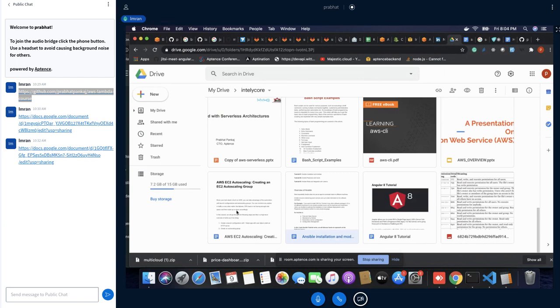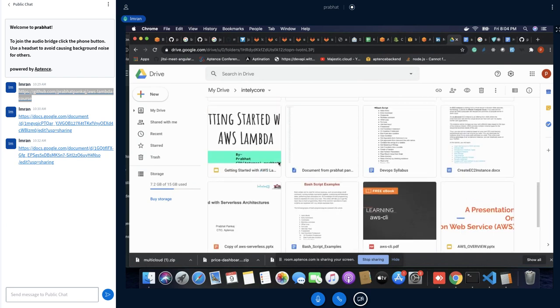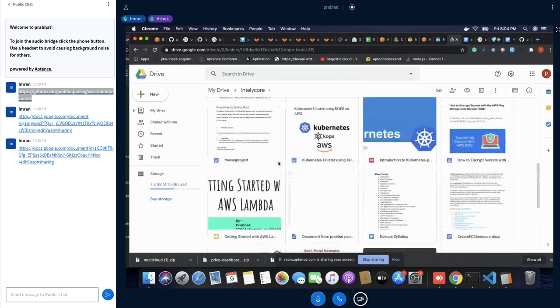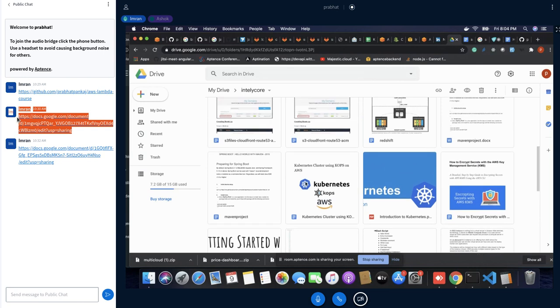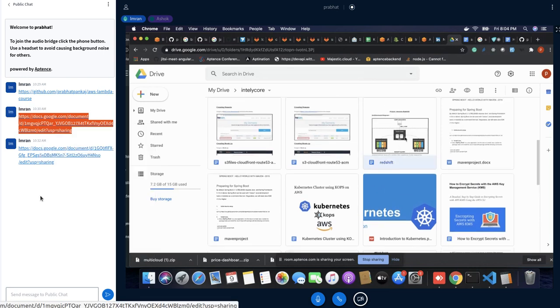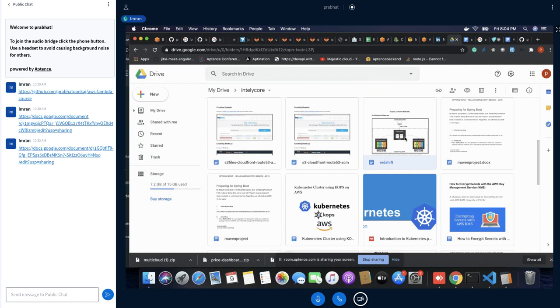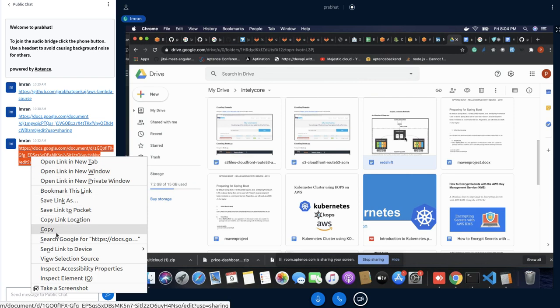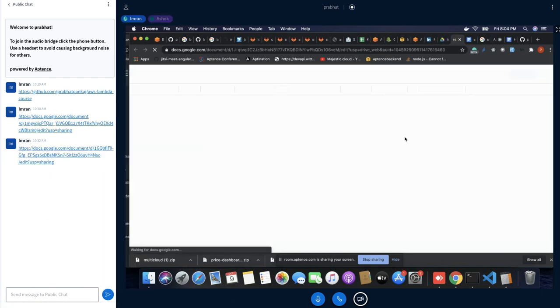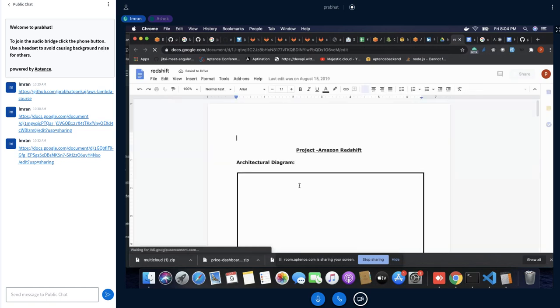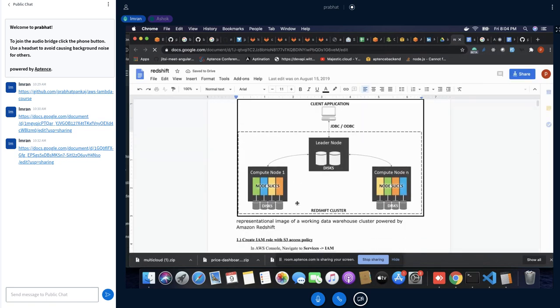If you are interested in this one, there was a lab for this as well, like EMR cluster. Kubernetes. Yeah, Redshift. See, this is the lab in case you are interested in EMR cluster. Nowadays most companies are working with EMR cluster, Redshift kind of stuff. So if you're interested to learn this, the complete Redshift lab has been added.